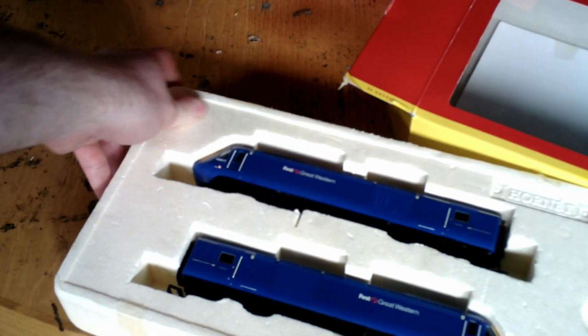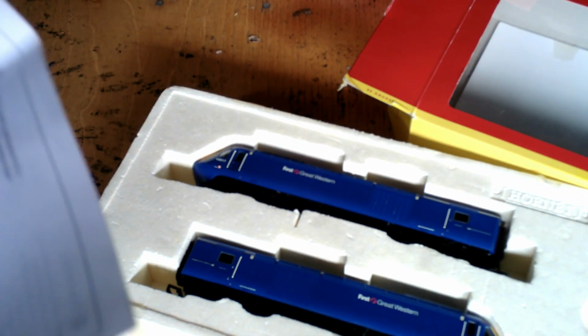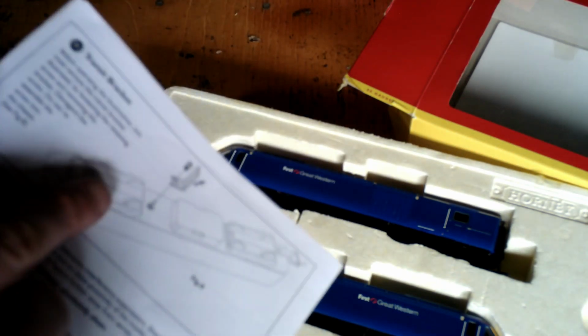Switch the box round. There they are. It's tucked away in bed. And there's the lubrication, or the how to maintain your train. There is a moving fan bracket if yours is required. And there's a little holding itself into the set there. And obviously this goes through all the little parts to tell you how to look after your model, which is